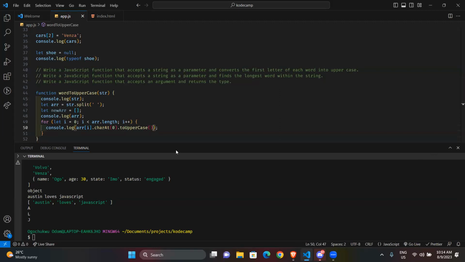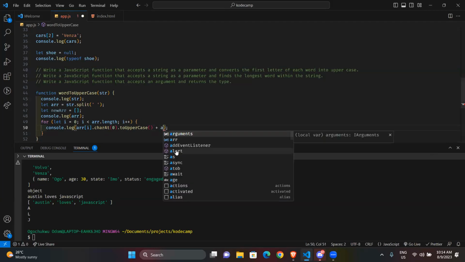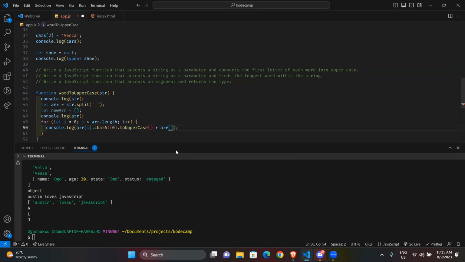So I'm just going to get the remaining part of the word. I've gotten the first character to change, but I also need the remaining part of the word, and I need to join it too.